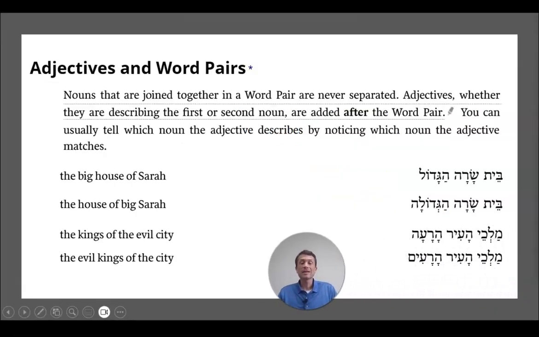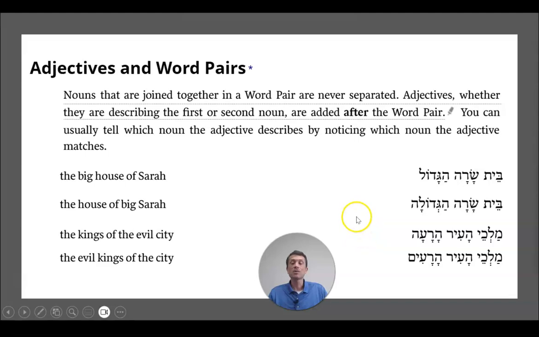Now, when they function like a noun, adjectives can also, let me back up for a minute. What if you want to modify a word in a word pair with an adjective? We talked about how word pairs, or the construct chain, can't be broken, right? The word pair, those two words have to stay together, that "of" relationship. Well, what if you want to use an adjective to modify one of those words? In that case, you place the adjective after the word pair, regardless of which noun